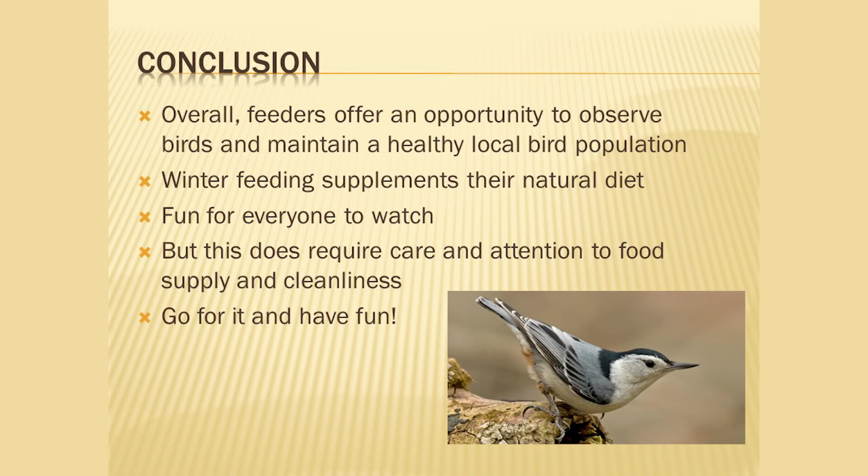But every time there's a snowstorm and the ground gets buried under snow, the birds will flock to the bird feeders since they know there's a food source there. They're fun for everybody to watch, and that's the part of it that you really get to enjoy. But it does require some care and attention to the food supply and the food source and the cleanliness of that area. So at this point, I would say go for it, set up your feeders, have some fun, and